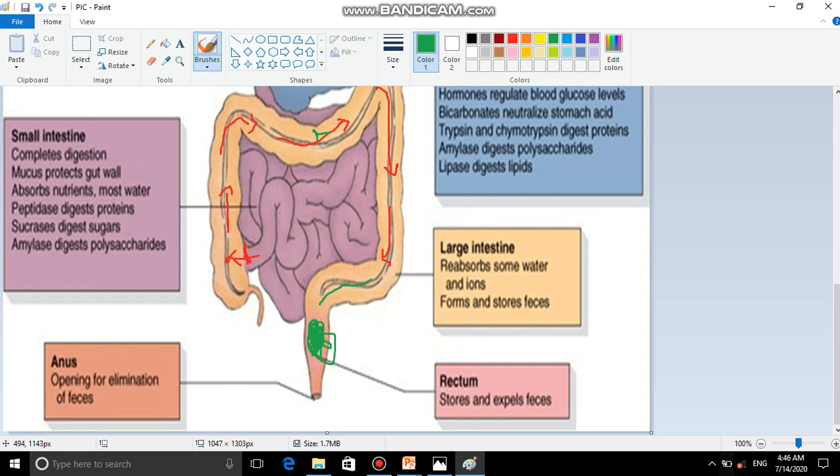It gets accumulated, and when it reaches a limit, what happens? This comes out of the body through the anus as fecal matter or human excreta, and this is known as egestion. Defecation process, fecal matter means the undigested food that is finally thrown out of the body through the anus. So this is how the entire process of digestion and nutrition is carried out in human beings. Fine. Thank you, children.